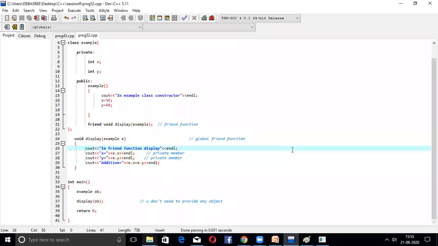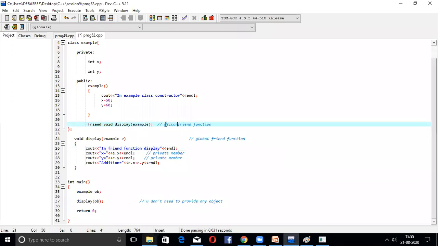Protected, no, sorry. Okay. So this is our program on global friend function. This line is mainly important for the declaration of the friend function. That means you are informing your compiler that there is a friend